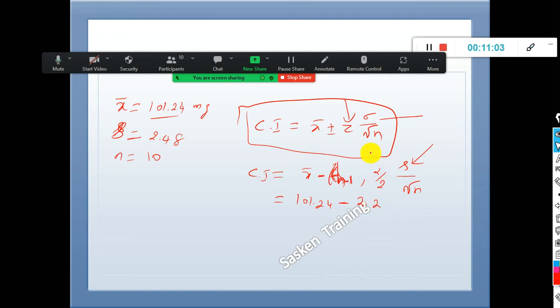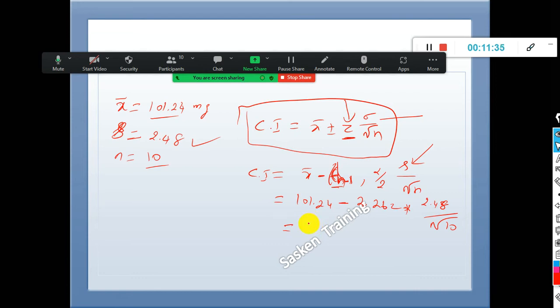Instead of z, here I am going to use t, so with the degrees of freedom, from the t distribution, 2.262, into my standard deviation, 2.48, divided by the square root of n. What is the sample size? 10 here. And if I solve this,